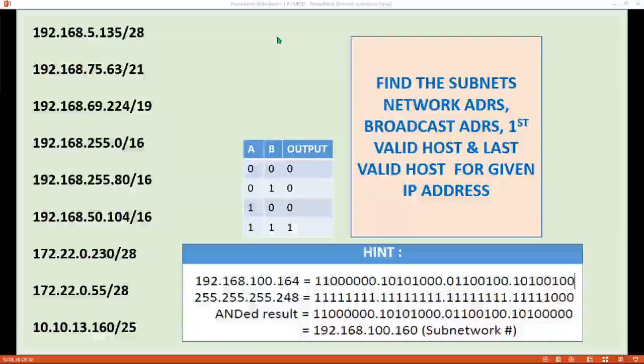Okay. Again, you can try these calculations like 135, 63. Likewise, the IP addresses inside the subnets have been given, right? So the network address and broadcast address of the subnets are required to be found. Okay. So you can try this on.